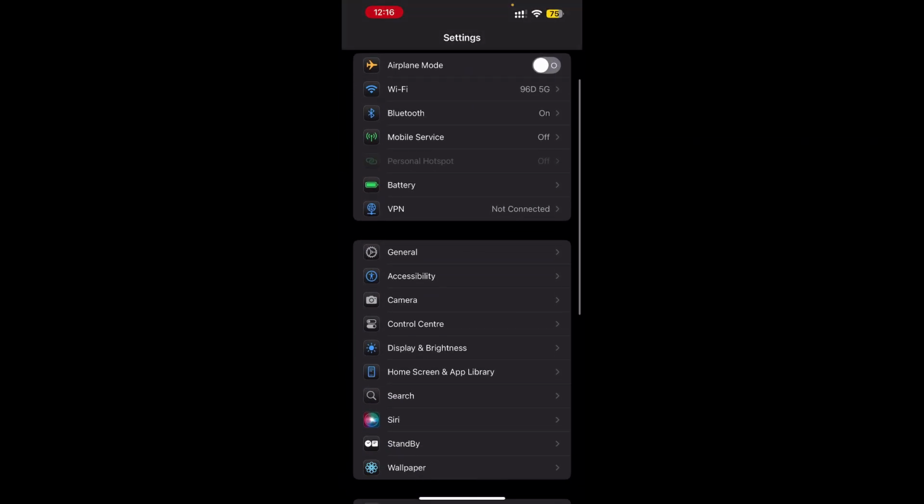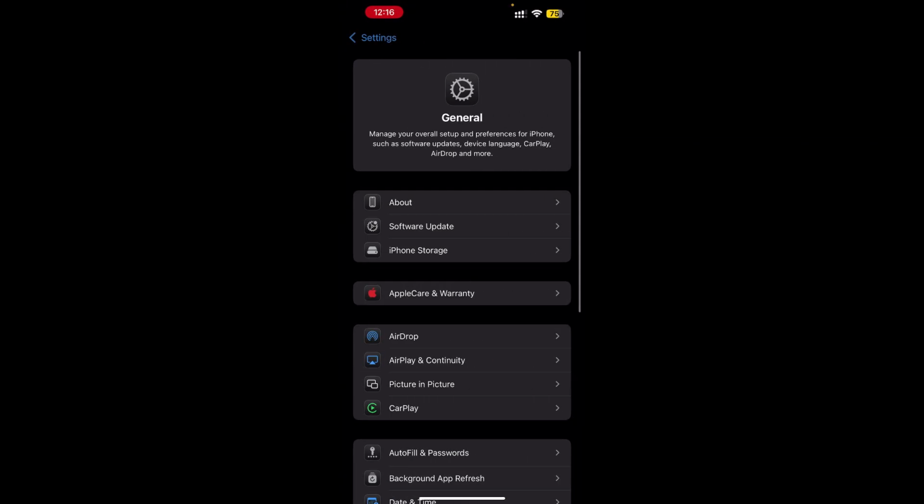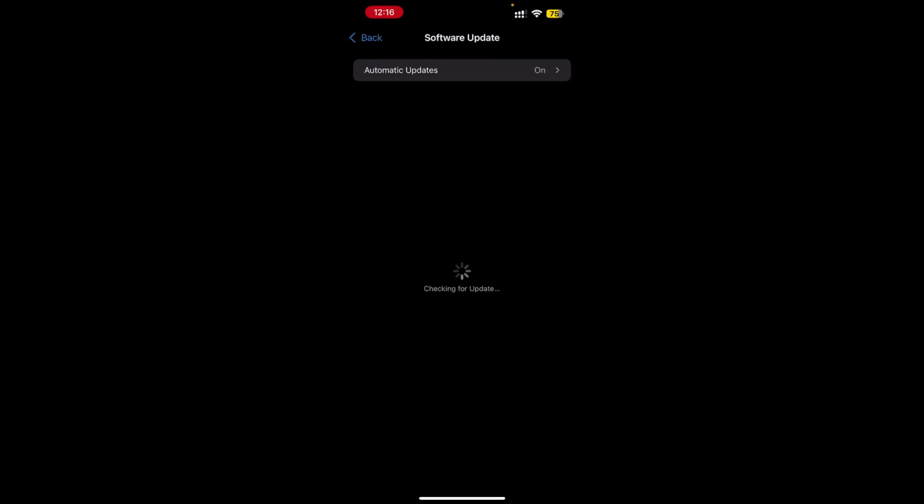Once you are in the settings, you just need to go to general and then software update, and in that case, you can also see automatic updates. It's on, but the beta updates are off. So for installing the 26 variant, you just need to go to this option, beta updates, and you will see